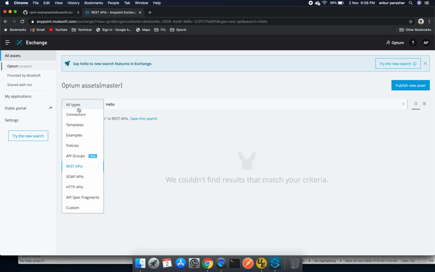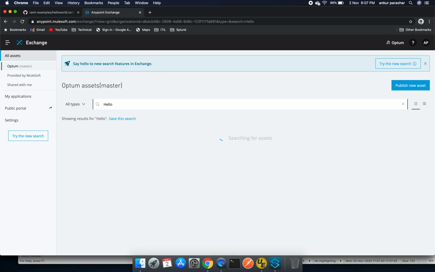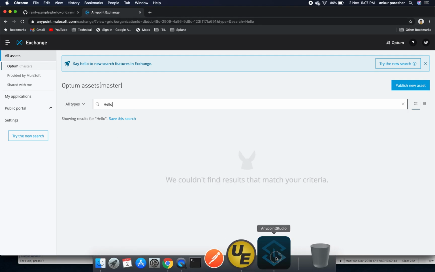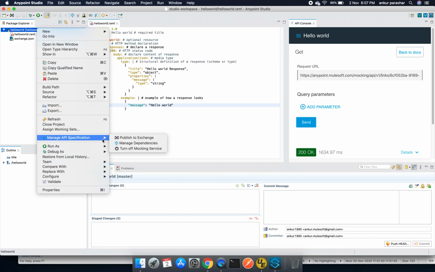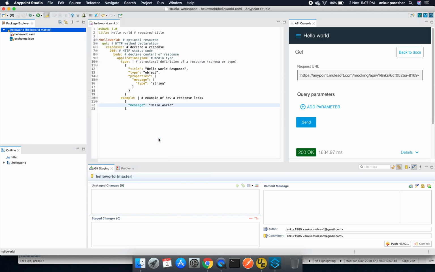So nothing is coming up. It means it's not being published. So in order to publish it, go back to your Anypoint Studio, right click on this, manage API, publish to Exchange.